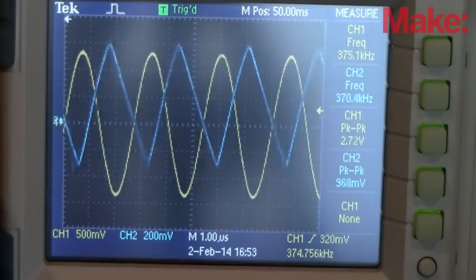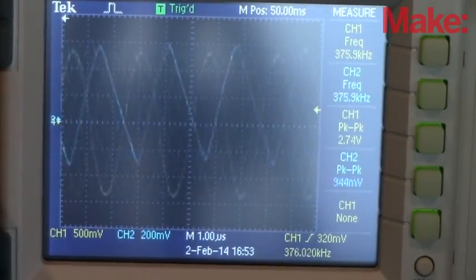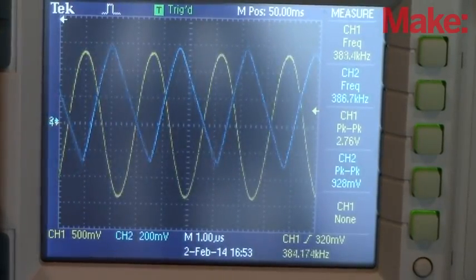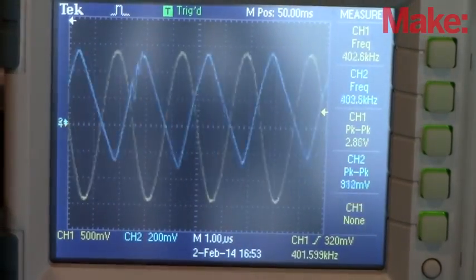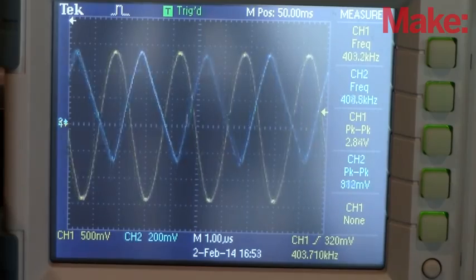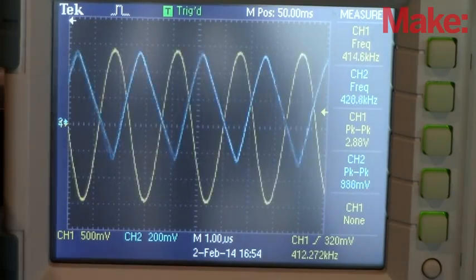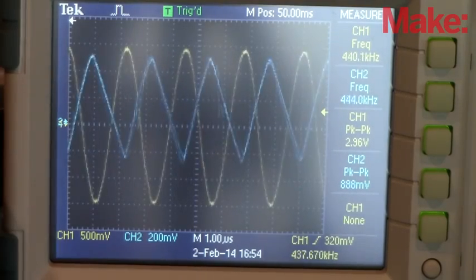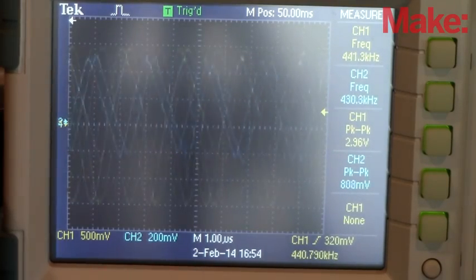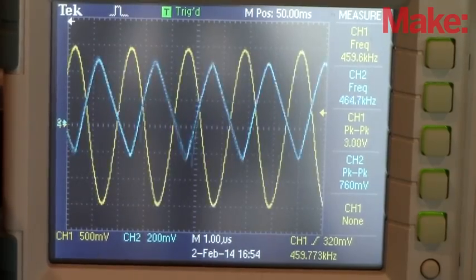Here we can see this circuit in action on the oscilloscope. The input is the yellow line and the blue line is the output. Notice a little slew change on the output. That's because of the slew rate of the operational amplifier. Higher frequencies would need a higher bandwidth and a faster slew rate for the operational amplifier itself. As we go up in frequency, we're around 400 kilohertz right at the moment, we see